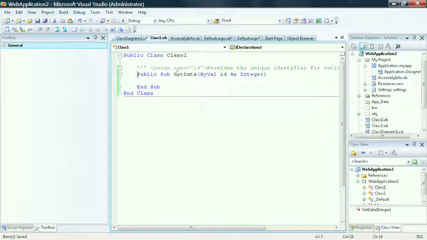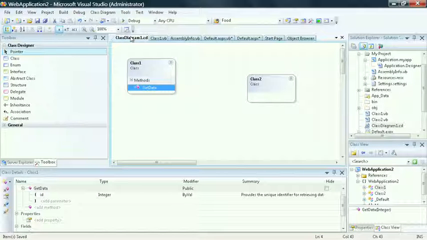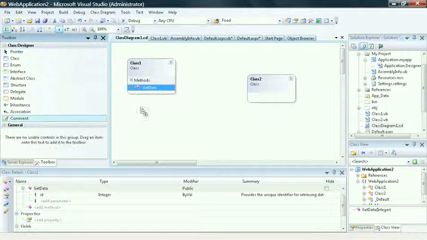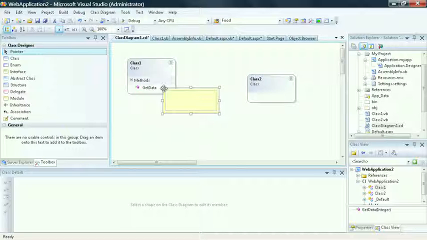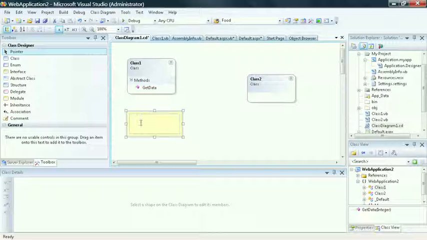I can also see, because I chose not to return a value type, I have a sub instead of a function returned for my getData. My modifier was by value, the name was ID, and as integer. You can see that the class diagram provides a very visual way to program your components without actually typing a line of code. You can also choose to add additional comments to your class method by dragging over the comment